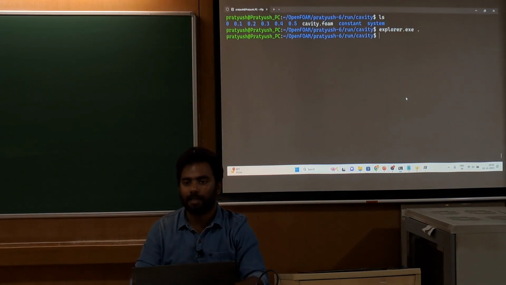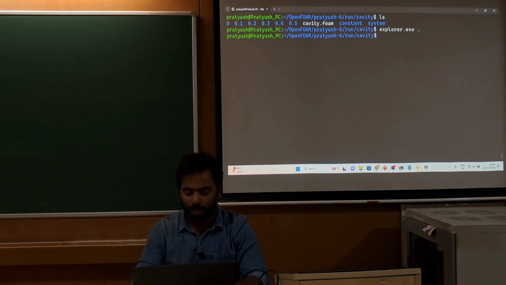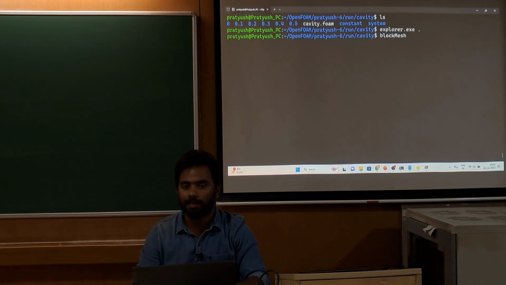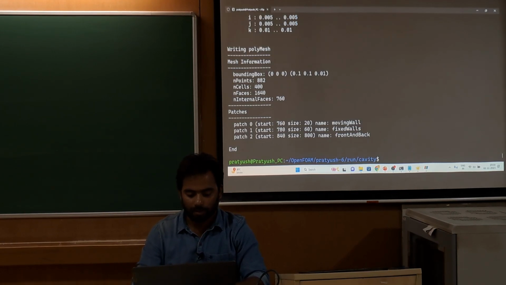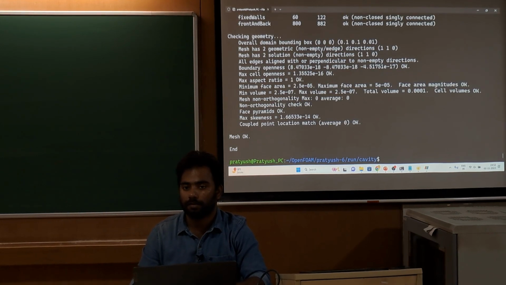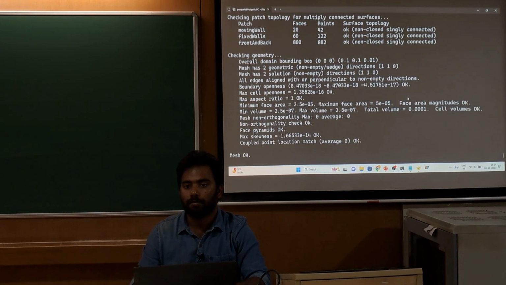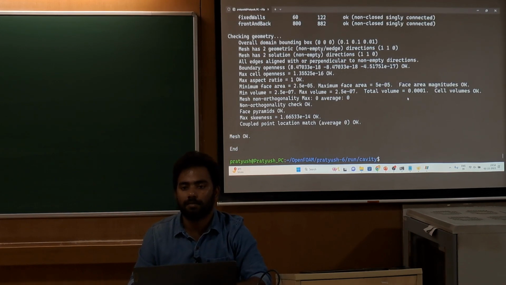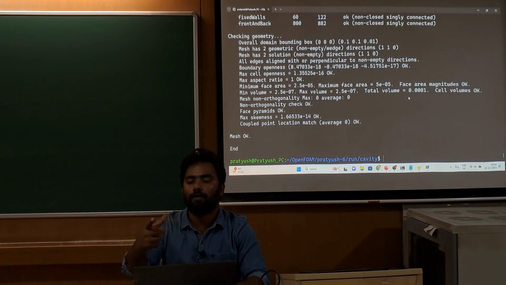So I think everyone has copied the folder in the run folder. Okay. So what you have to do, you have to run blockMesh for generating the mesh. Then you can check the mesh. This is the code for the creation of the block mesh. Just open the folder in the terminal.